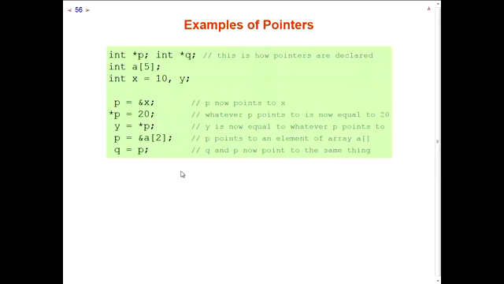So let's look at an example where we do this, and it is actually going to help to draw a little diagram to understand exactly what is going on here. Now, first of all, we are declaring p as well as q as integer pointers. And one thing that might be a little confusing if you see that for the first time is just the syntax